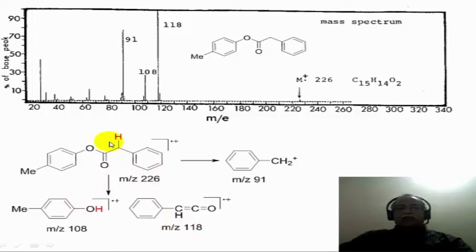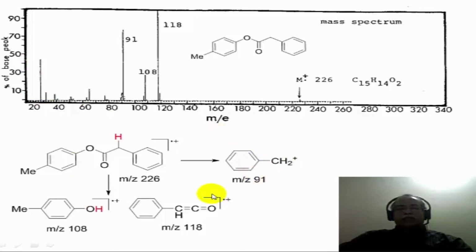If you add up these two numbers, that corresponds to 226. A simple fragmentation of the acyl carbon bond can result in the benzylic cation, which rearranges to a tropylium cation with a molecular weight of 91, and the 91 peak is also shown in this spectrum. Again, you see a peak at 28, probably corresponding to carbon monoxide that may be coming from this particular fragment, and the CO is seen in the mass spectrum as a peak around 28.